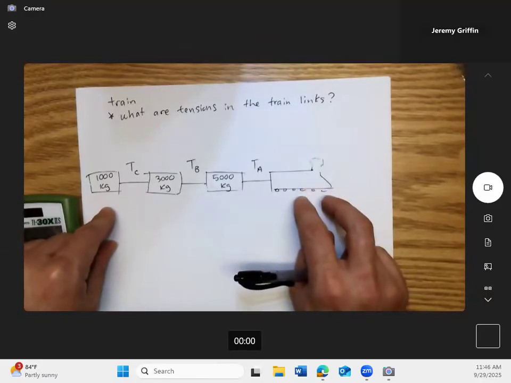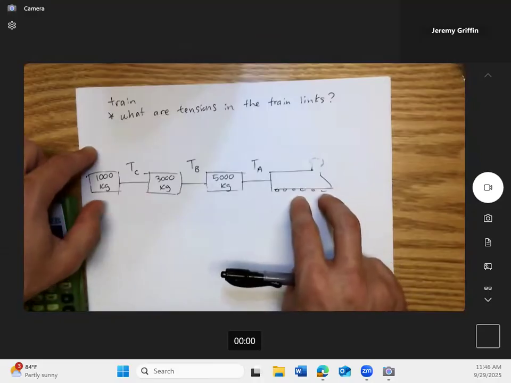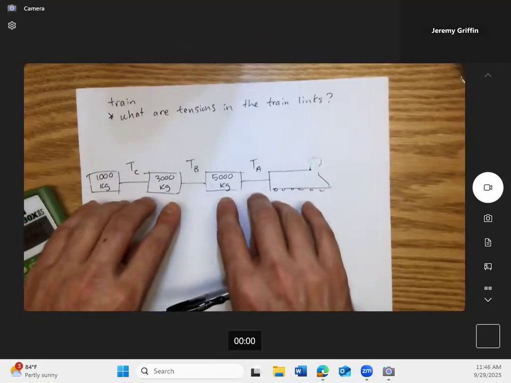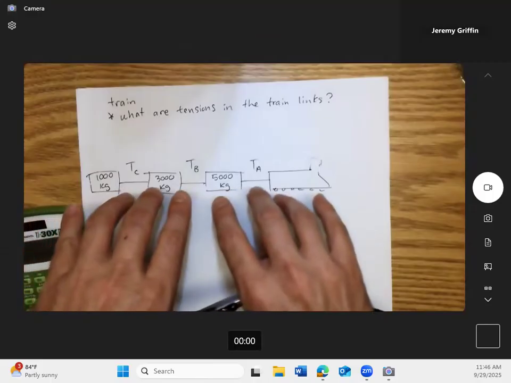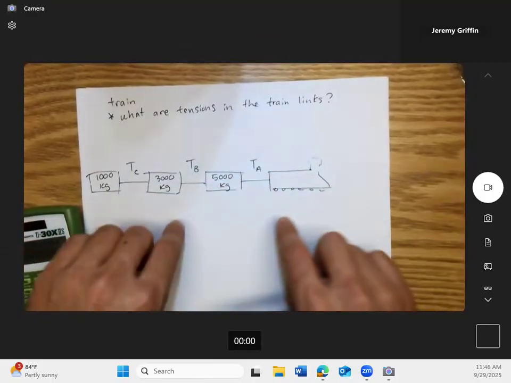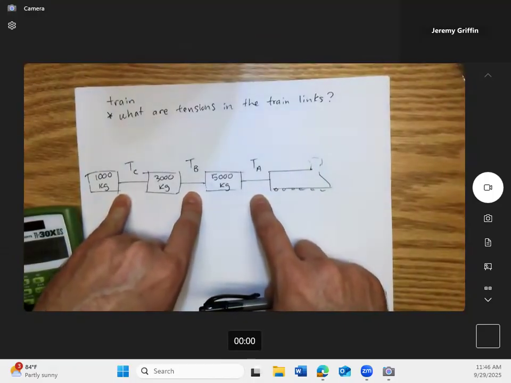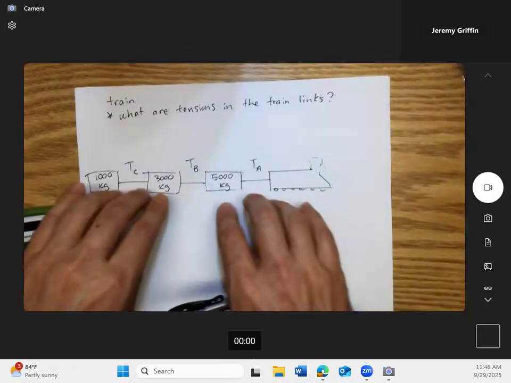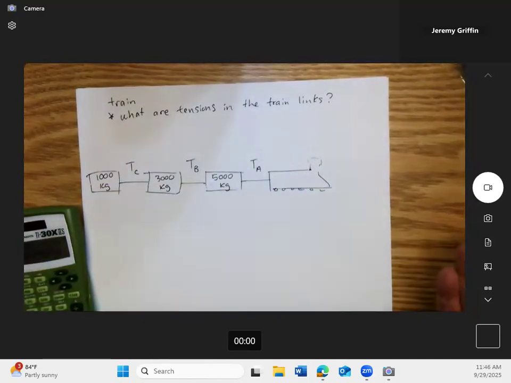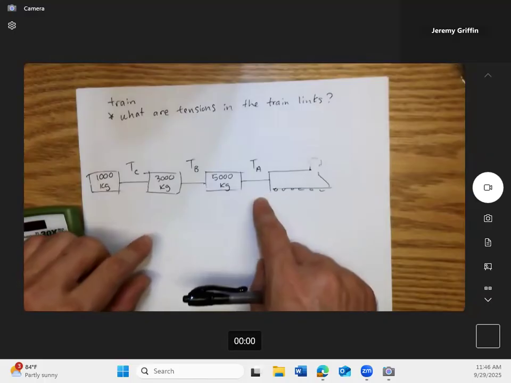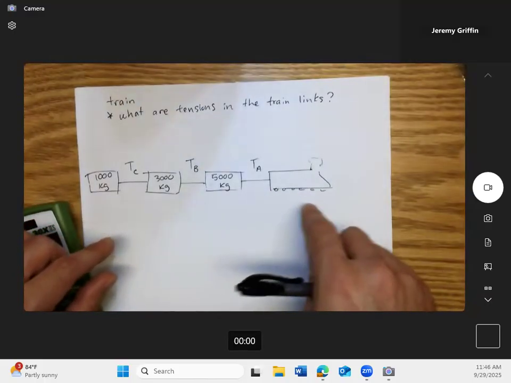Now, side question here, because I haven't actually given you enough information to solve this. What if this whole train system is going at constant velocity? If the whole system's moving at constant velocity, then what would be the tensions in those links? Zero. There'd be no tension at all. This whole system would just be rolling from inertia or momentum. You don't need to be pulling at all, because if you provide a pulling force, that doesn't cause constant velocity. That causes what? Acceleration.